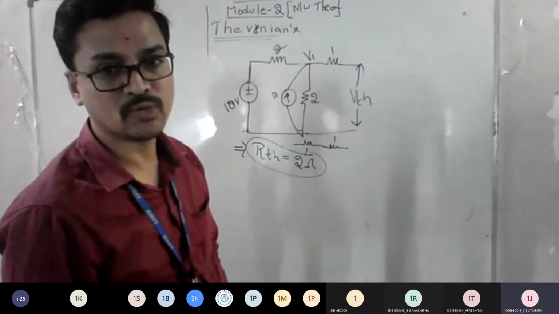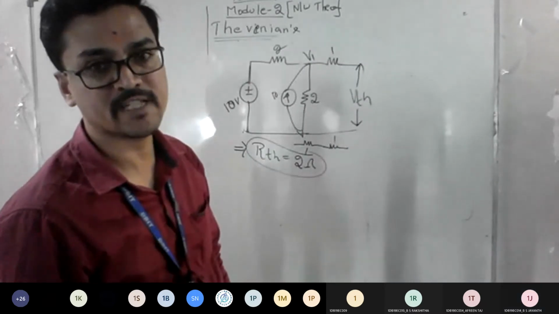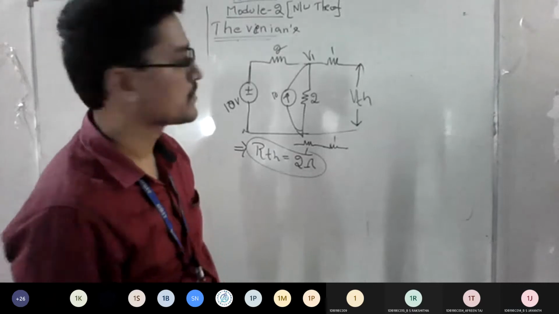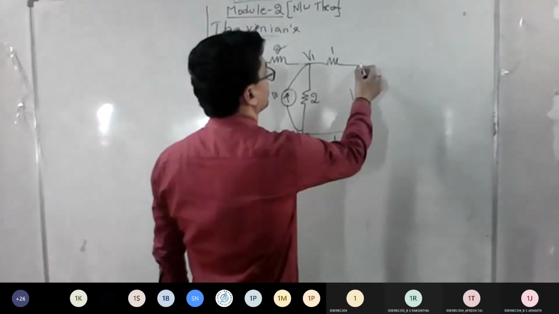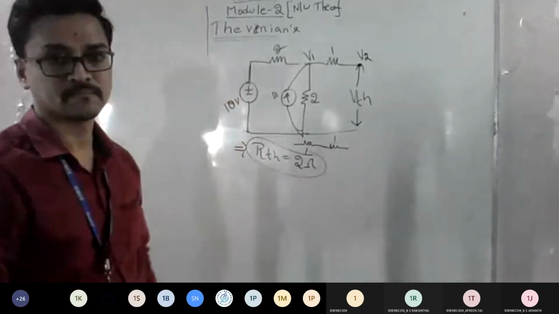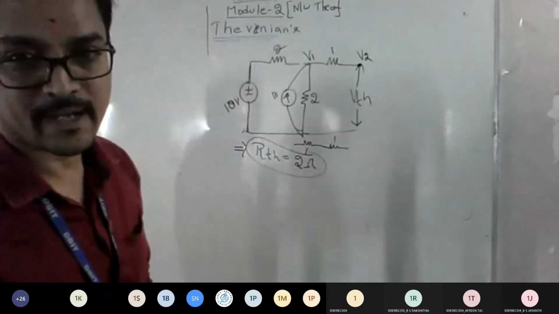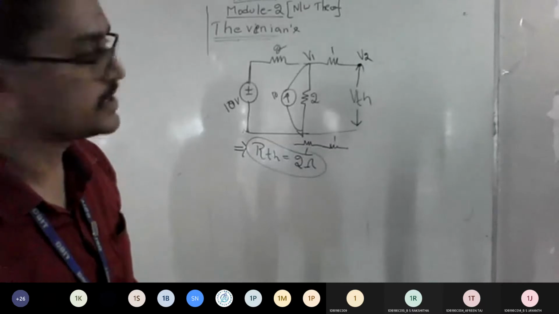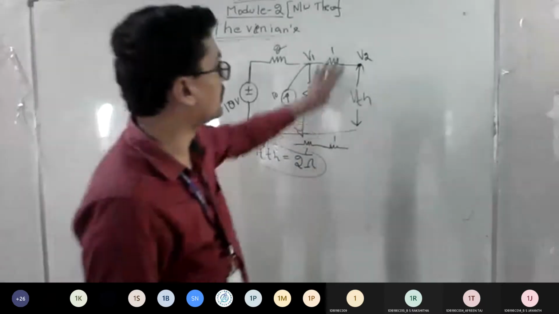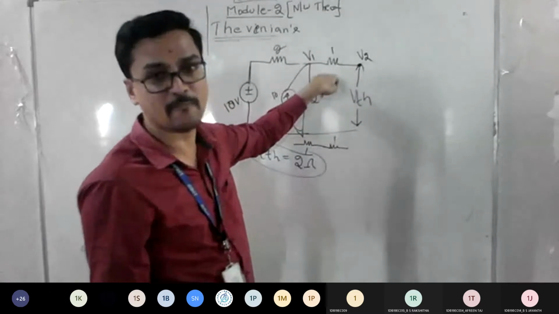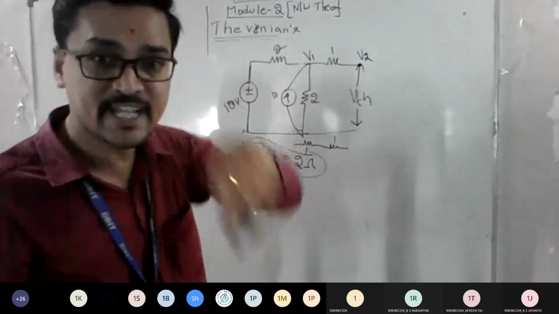So can I call it V1, V2? V2 itself is VTH. You want me to take this as V2? Yeah, I'm asking people only. You want me to take it as VTH, as V2? Yes, sir. See, you got the logic, V2. If this one was not there, the same voltage I can climb. But because of this, a drop will occur, so you can't expect the same thing.